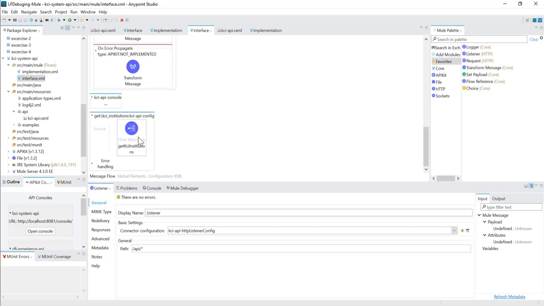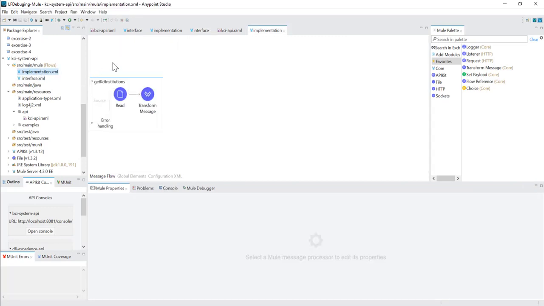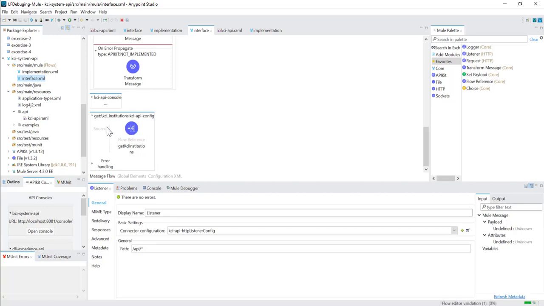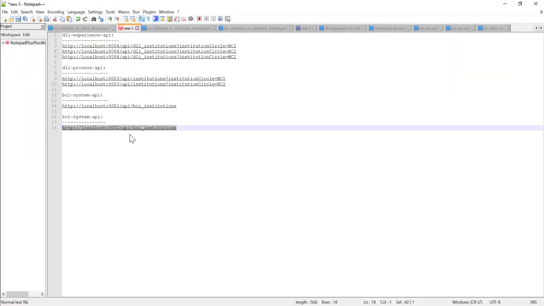So from here, using a flow reference, we are trying to refer to the private flow which is present in the implementation file of the KCI system API. So this get KCI institutions flow will be called from the interface Mule configuration file whenever we try to fetch this URL.